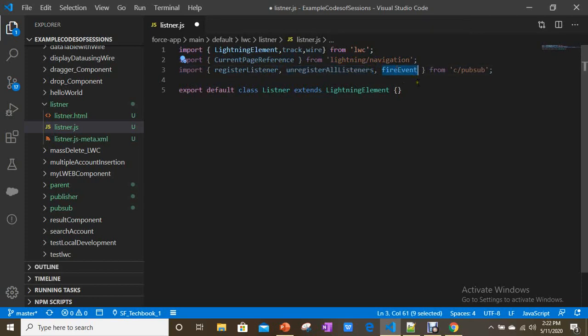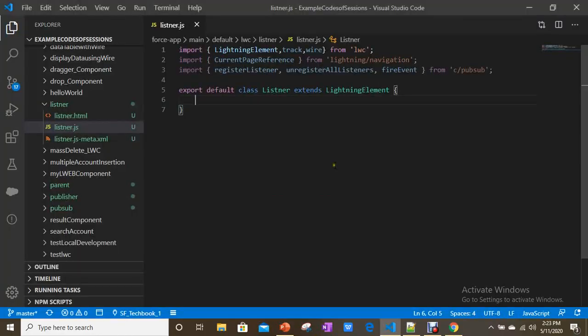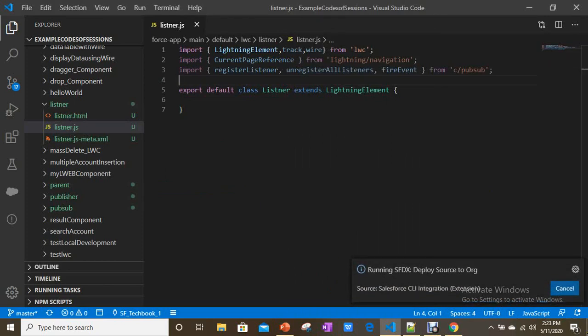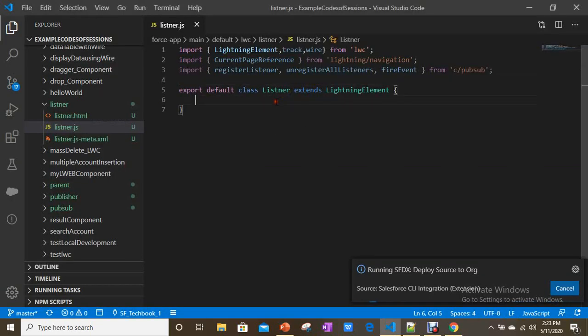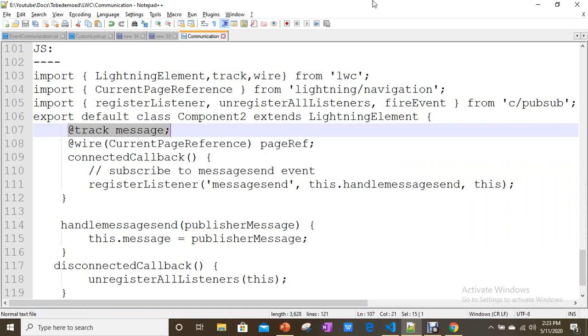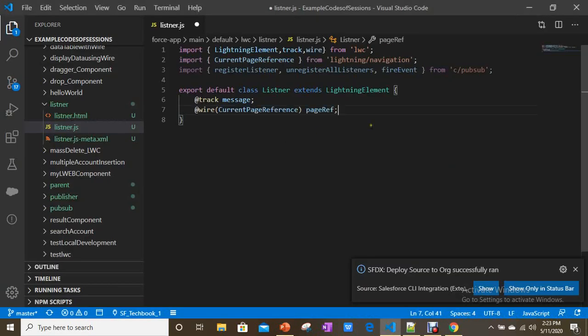I don't need fire event here. I'm just importing it here, nothing else. Now I'm defining a track property variable and a page reference. You should have this page reference in both listener and publisher.